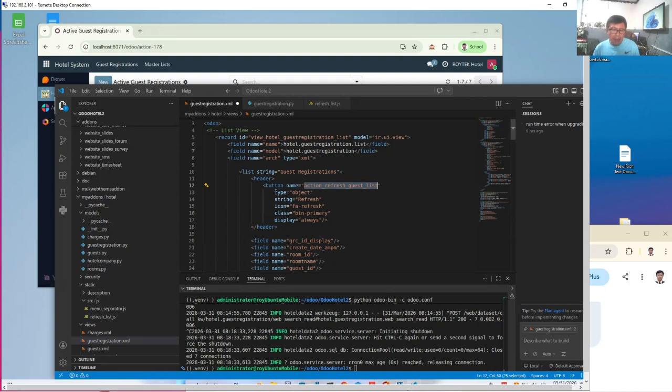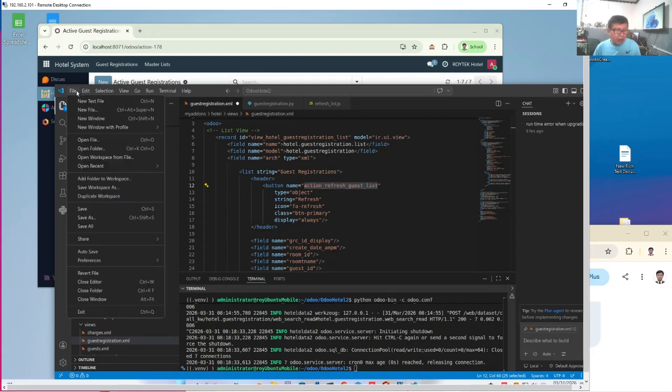This is of object type because it will call a Python function. It will have a refresh label, it will have a font awesome icon, it will be primary. Now there's a property called display. We should have always set this as always. Display equals always. It will not destroy our current header. It will just squeeze itself inside the current header and will call the corresponding action.